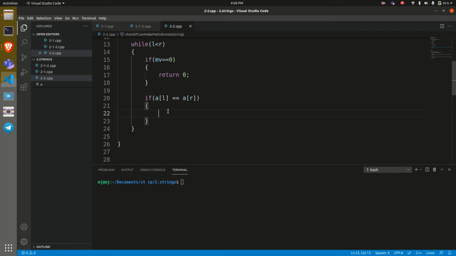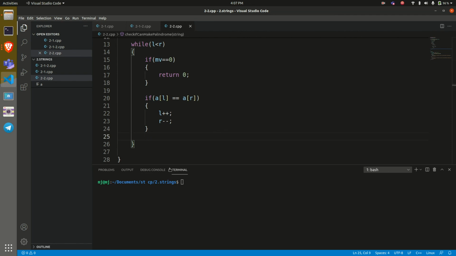Okay, so we hope that you have thought about it. How will you update both the variables L and R? First of all, L plus plus. Why? Because you need to move in the right direction with the pointer L, and R minus minus. Why? Because you need to move in the left direction using the pointer R, that is to the beginning of the string. That's why R minus minus. Now let's check the various conditions. So this is if both are equal.